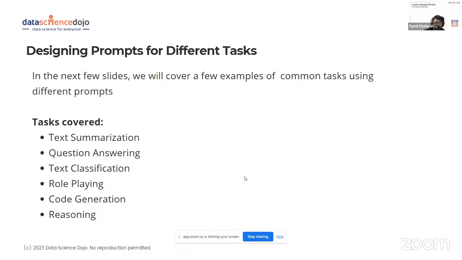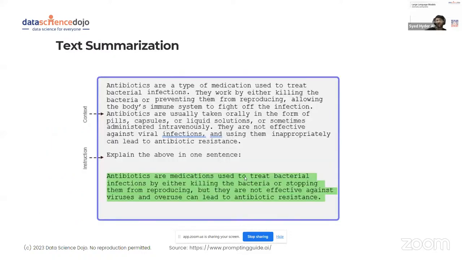There are different types of designing prompts for different use cases. The first is text summarization, and then we'll do the notebook as well. Here we gave it a paragraph related to antibiotics, and then we instructed it to explain the above in one sentence.